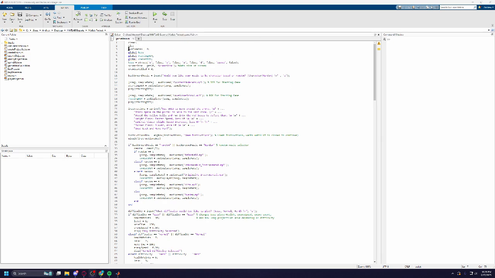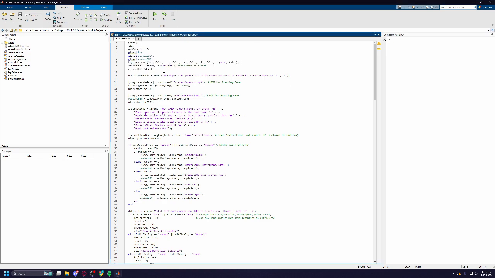First off, we have these initialize commands in the beginning, background music inputs, and then the background music. Music in this game, and in MATLAB in general, is done through the audioread command, which takes an MP3 and splits it up into its data and the sample rate. The sample rate is then put into the audio player, which takes the data and the sample rate and compiles it into an object that is the audio file that MATLAB can read,